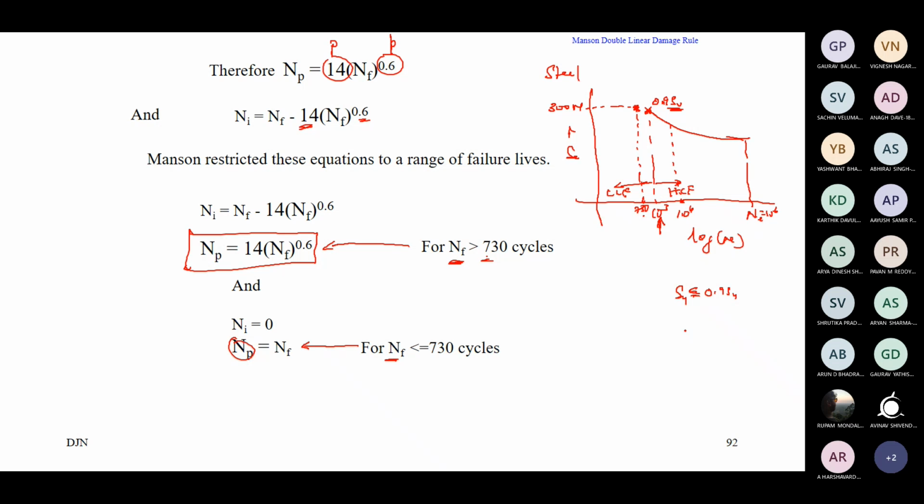Okay. So understand the physical meaning of the limits that have been put. Not simply that if it is 730 use this, and if it is greater than 730 use another. No, you should not feel it that way. You have to understand why it is that, and whether this limit can be variable. Definitely this limit can be variable.